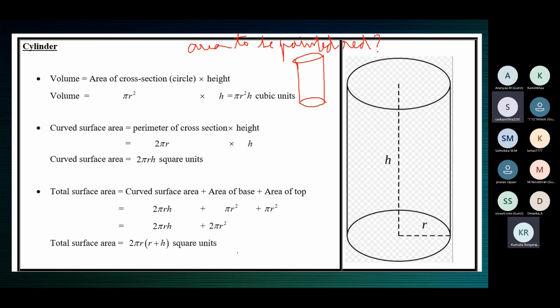You should identify the surfaces, the different surfaces. When you have to paint the surfaces, either inside or outside, paint it inside or paint it outside, one of the two. So you should identify the surfaces, and for different surfaces you have different formulae or different expressions to find the value. So tell me.